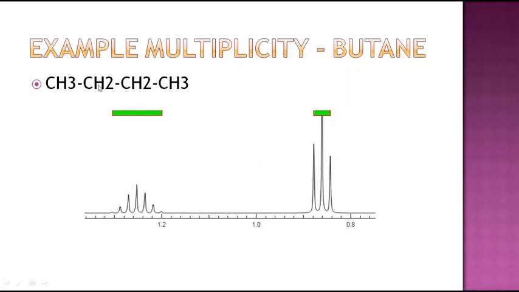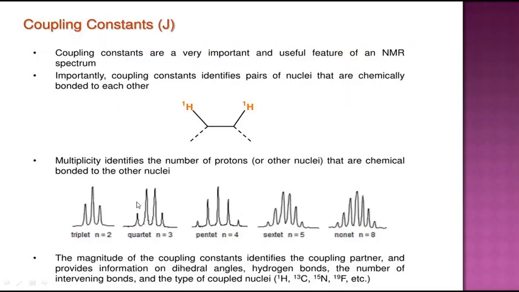And you can see here CH2. If this is the signal of these two CH2, there are 6 protons adjacent to it. In CH3 there are not 6 protons, but for this CH2 there are 6 protons, and therefore it is split into what? Split into a septet. There are 6 plus 1, that is 7. That's why you get a septet. Another important point: you can derive structure using all this information.